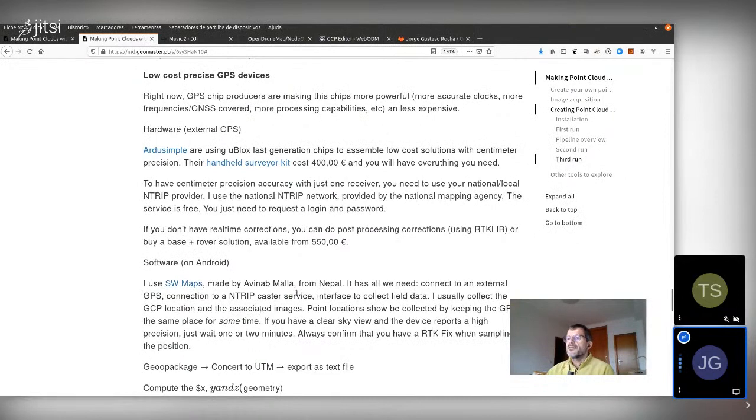It's made by someone very friendly from Nepal, able to answer emails and so on. But this nice software is able to connect to an external